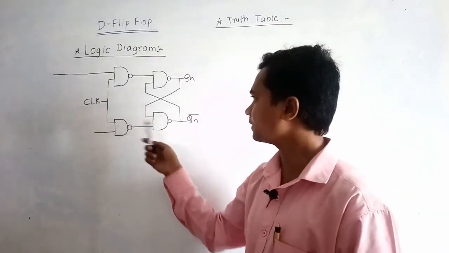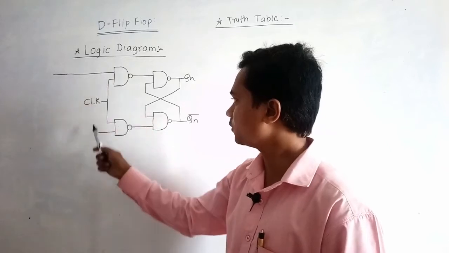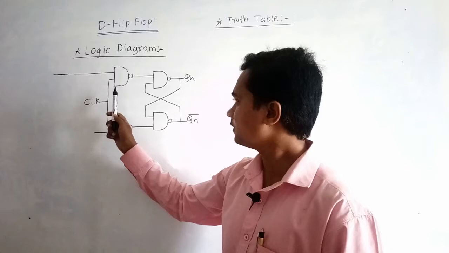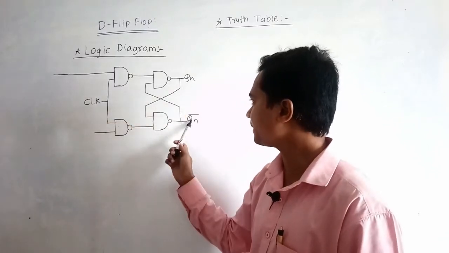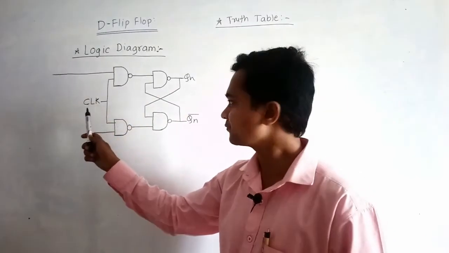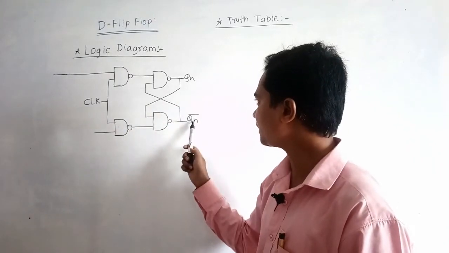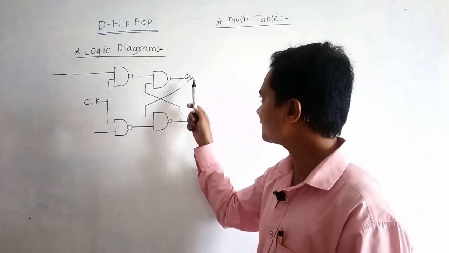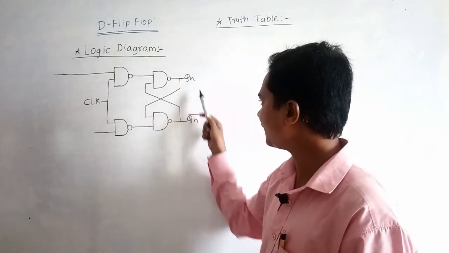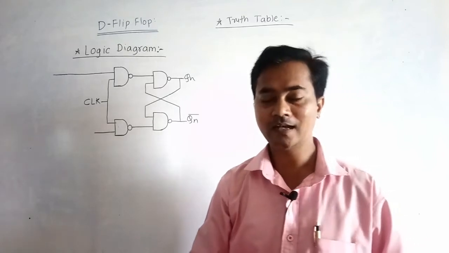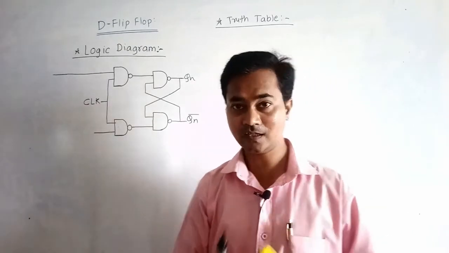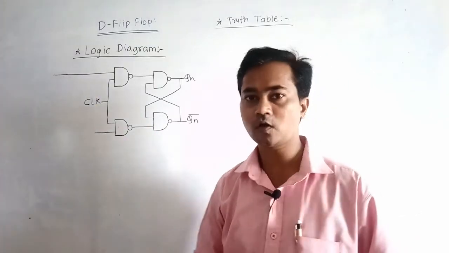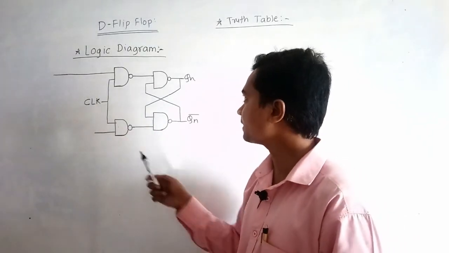The SR flip-flop consists of two inputs, S and R, that is set and reset. Along with this, to affect Qn and Qn bar, we also have the clock signal. Qn and Qn bar are the present outputs, and the next states, Qn plus 1 and Qn plus 1 bar, are dependent on Qn, S, R and the clock signal. So here we will discuss the D flip-flop.